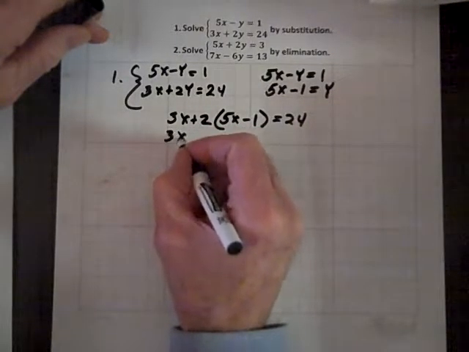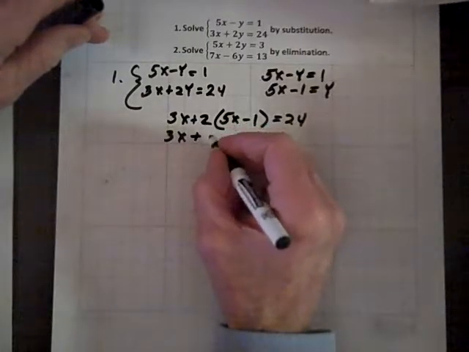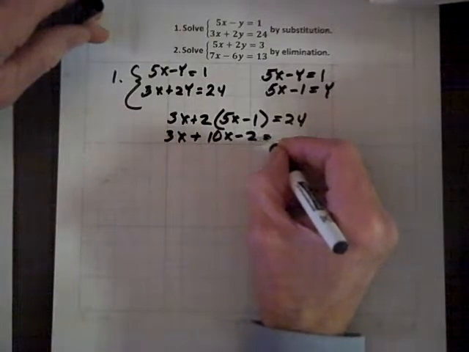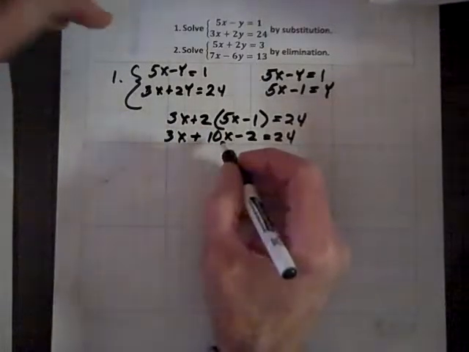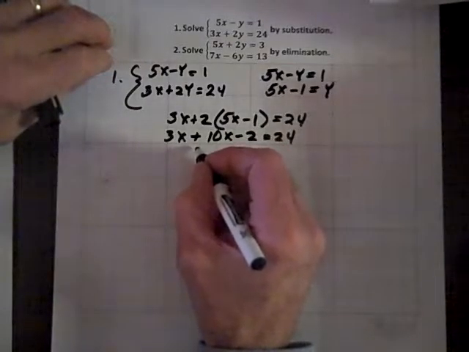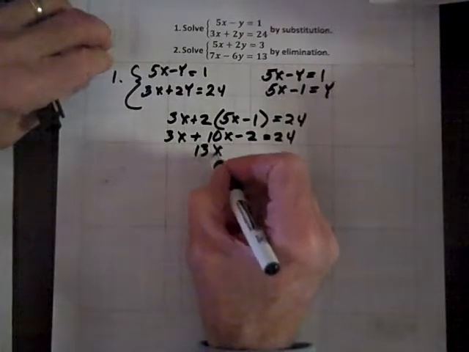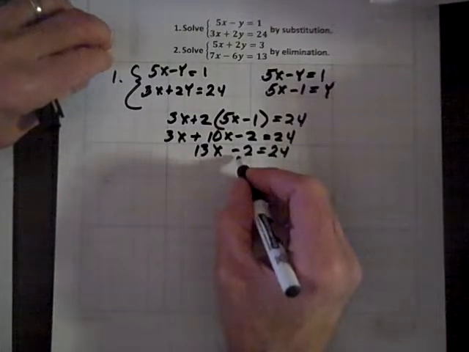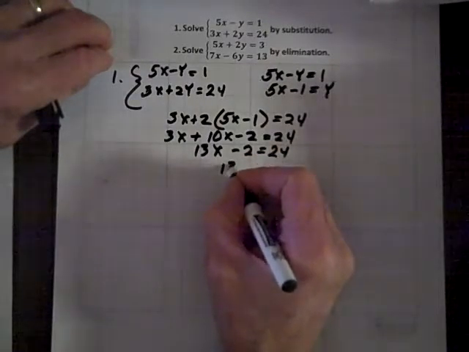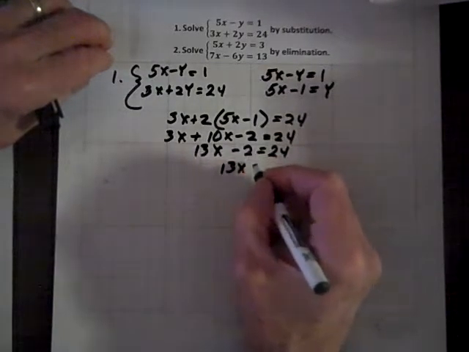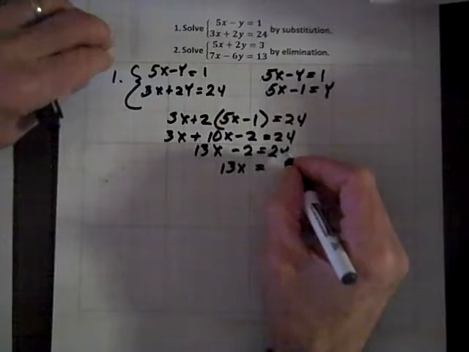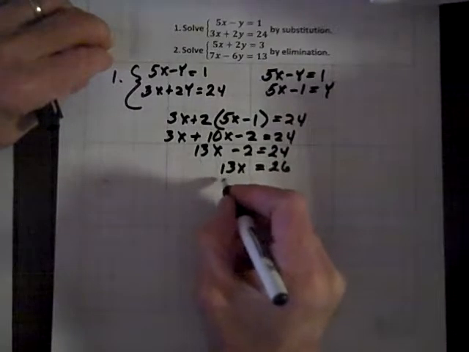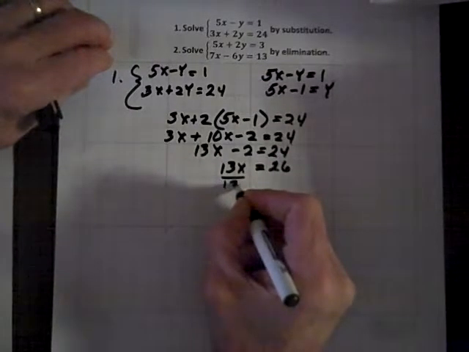So 3x plus, and multiplying through by 2, 10x minus 2 equals 24. So now we'll gather up like terms, and we have 13x minus 2 equals 24. Now add 2 to both sides, so we get 13x, and 2 minus 2 is 0, equals, and 2 plus 24 is 26. Now we'll divide both sides by 13,